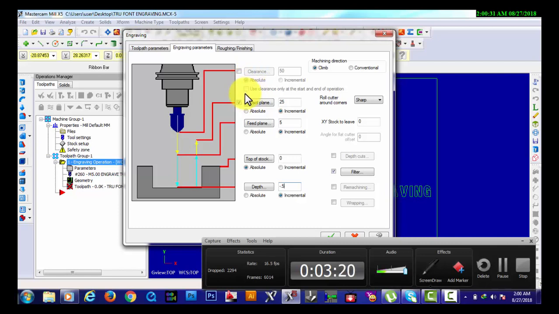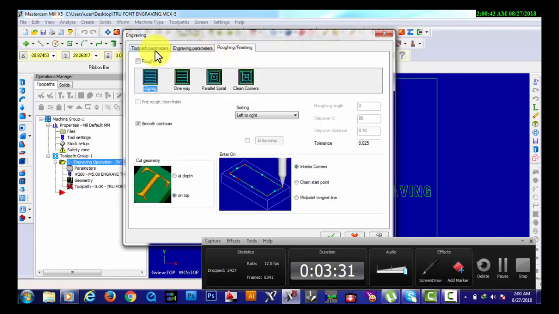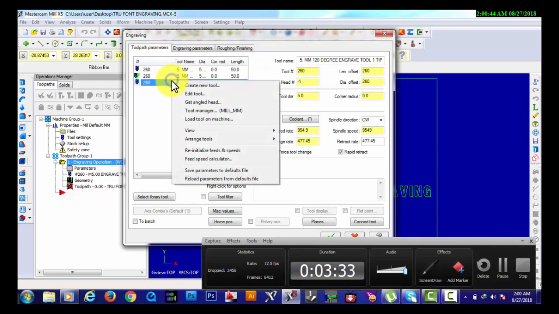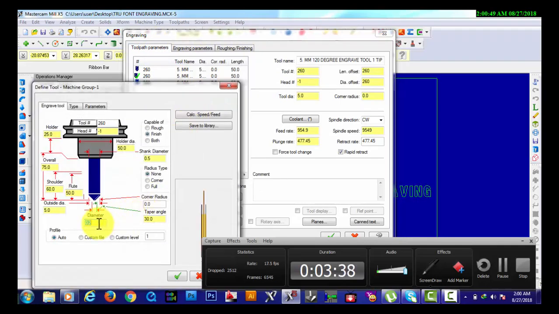Engraving toolpath is designed to give chisel loops. So the tool has 30 degree and the diameter 0.2.